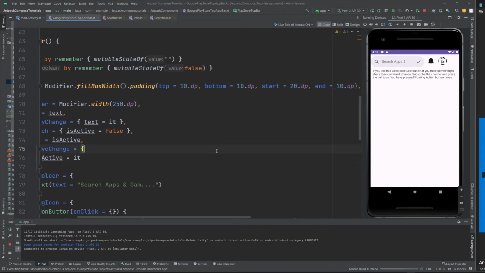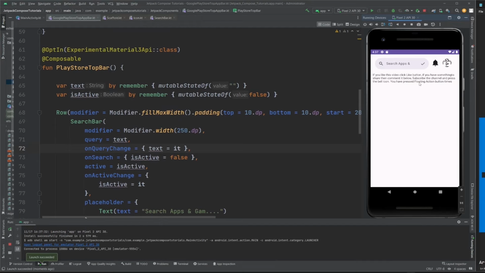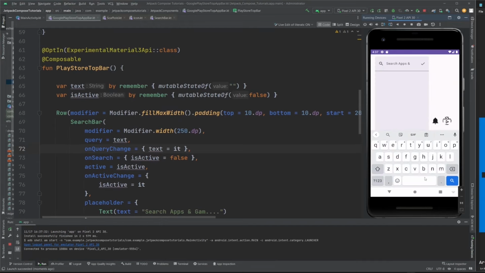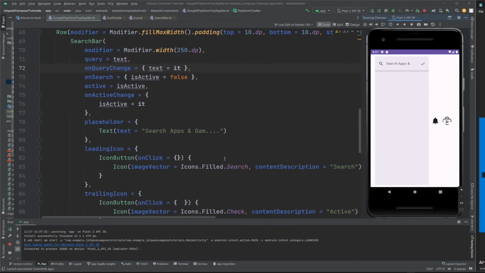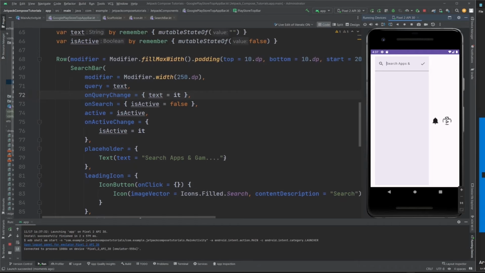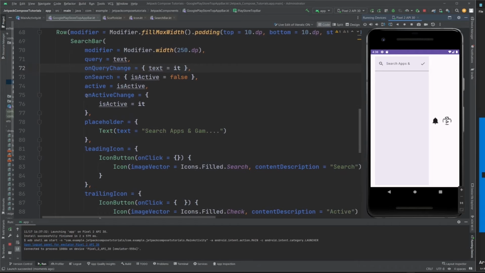Now let's run and see. Okay, now you can see it is looking good now. But if I click on this, simply you can see this is what we are getting, and we don't want it. We don't want this. So how are we going to change this? Simple. Whenever the state changes on active